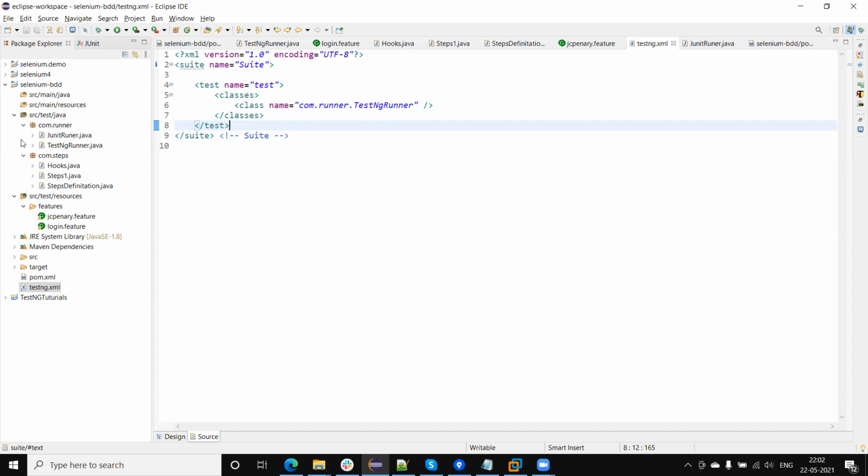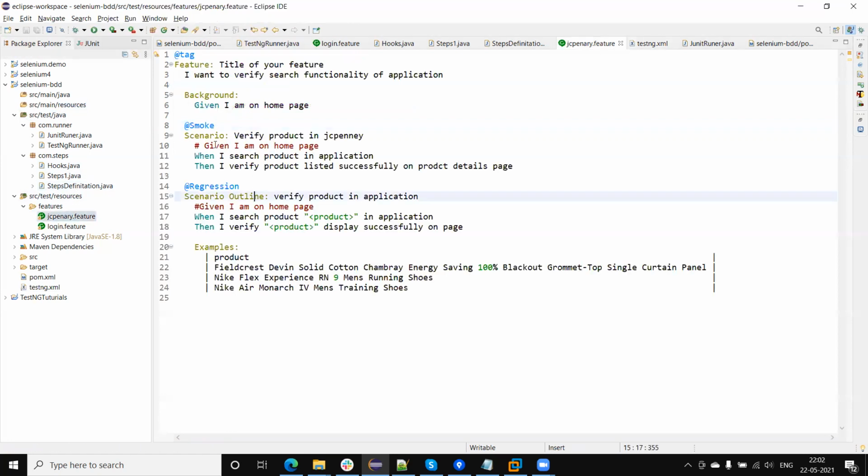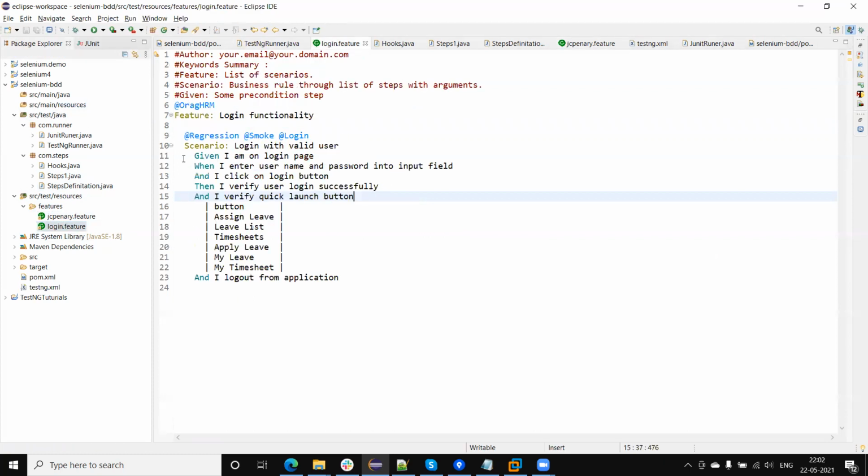As for this structure, I have already created it, and you also saw it in the previous tutorials. I am now moving on to the next topic with the same code, same structure. These are some files, scenario files, which I created in some previous tutorials. If you watch them, you will find out step by step how we write these feature files, how we run the test, how we add the annotation tags, how we perform the scenario outline, and how we use the data table. All of those you will learn in the previous sessions.